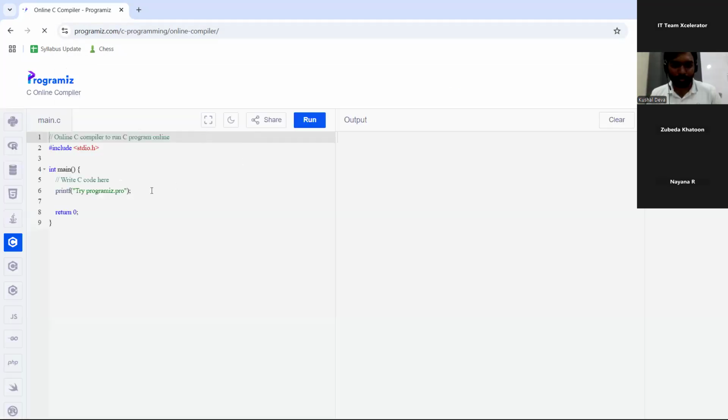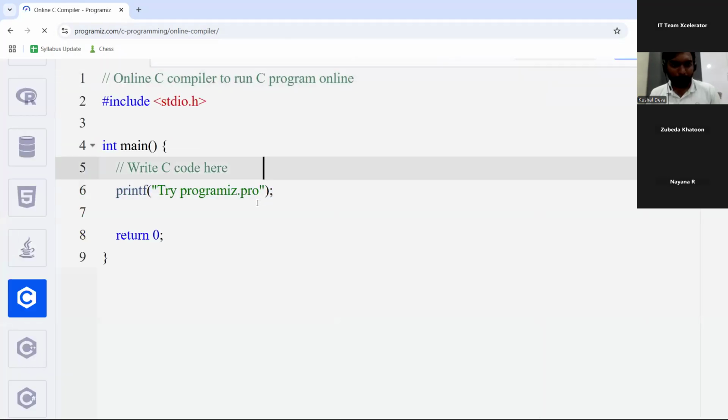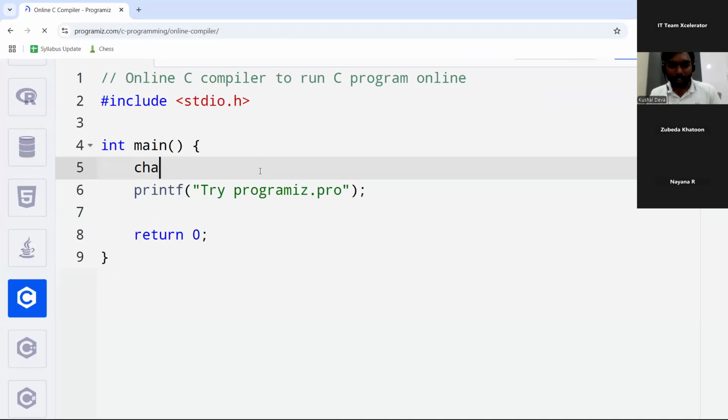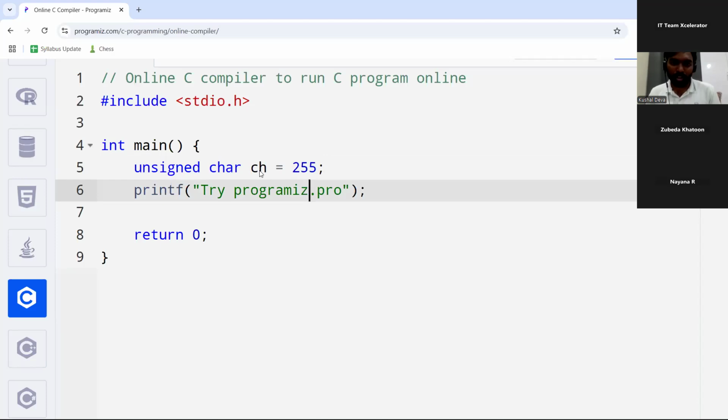Let me go over here. Let's say, guys, I'll take a character ch to be 'a', and I'll take unsigned. Just try to understand the picture, guys. Even though I'm using a character, let me take the value 255 and print it: printf percentage d of ch.